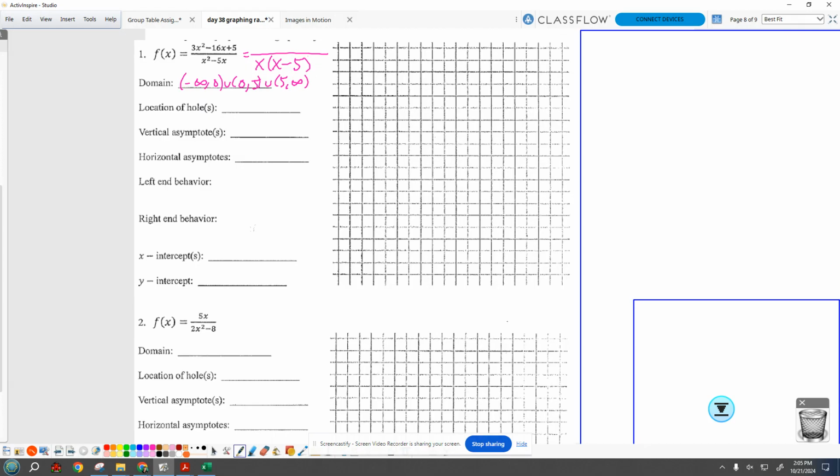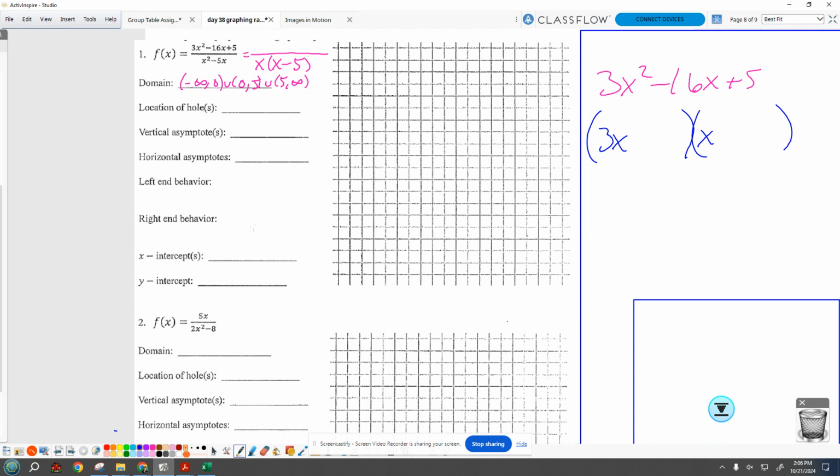Okay, Raul did a lot of work up there to tell us how to find holes. Holes is where there's a factor up top and on the bottom that match. Unfortunately, that means I need to know how to factor 3x squared minus 16x plus 5. Can anyone tell me the steps to do that? Gray, you got it? So first up, I split it into 3x and x. So I make two parentheses, one is 3x at the front, and the other one is x, and then I think about, okay, hold on. So, to explain why he's saying that, it's high school, we're not going to be that mean, usually.